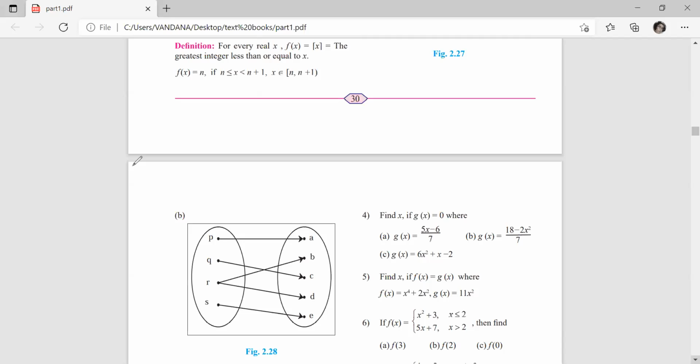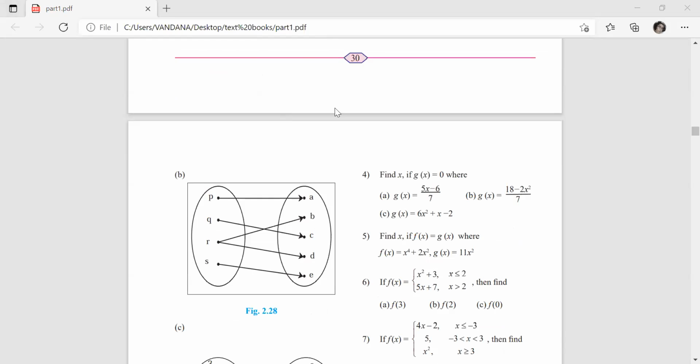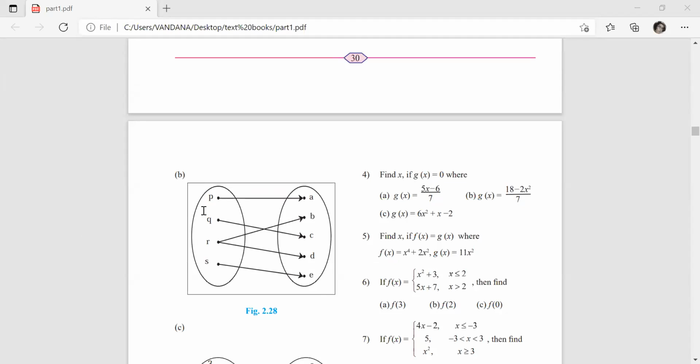सेकेंड केस. डायग्राम से भी पता चल जाता है हम लोगों को. Now the second sum. See, this is set A, this is set B. P is related to A, Q to C, R is to B, R is to D, S is to E. पहली कंडीशन तो सेटिस्फाई हो रही है, every A is having a B. लेकिन दूसरी कंडीशन यहाँ पे सेटिस्फाई नहीं हो रही है कि every A is having unique B, क्योंकि R का B यूनिक नहीं है. R इधर B से भी रिलेटेड है, D से भी रिलेटेड है,